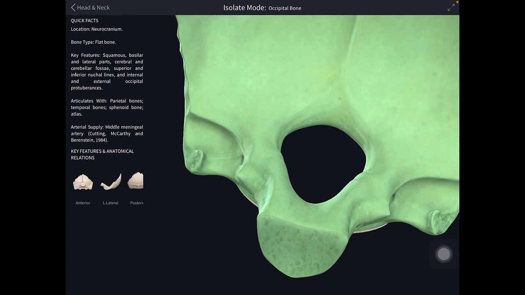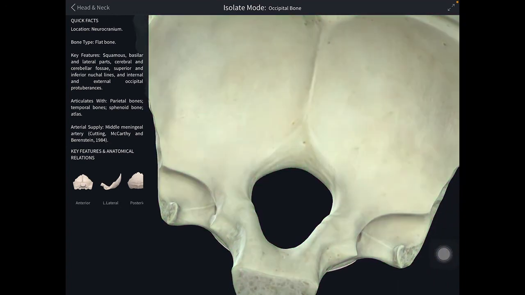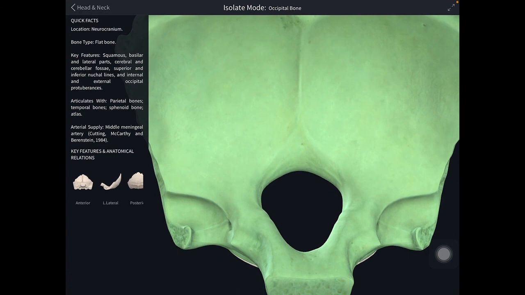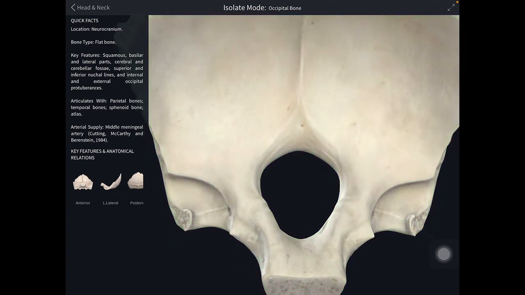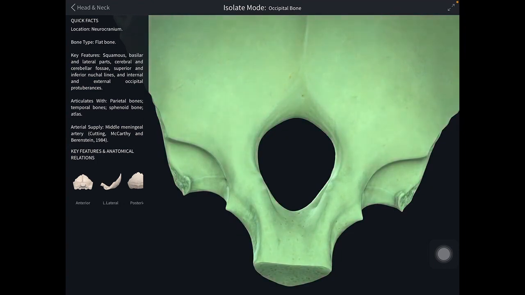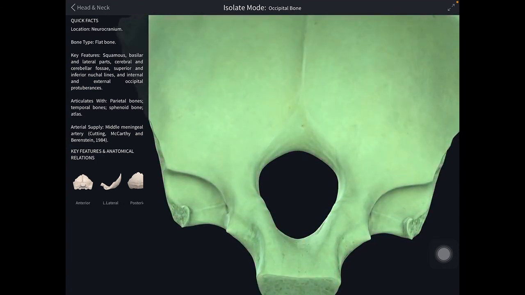We will briefly see the foramen magnum. The foramen magnum is a large oval aperture of the occipital bone that communicates the posterior cranial fossa with the vertebral canal. The middle point of the anterior margin of the foramen is known as the basion. So this is the anterior margin, and the middle point is called the basion. Now we will see the foramen magnum in another video, with complete details as a separate topic.